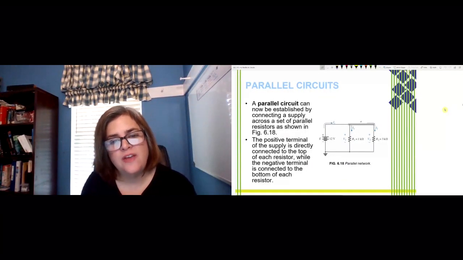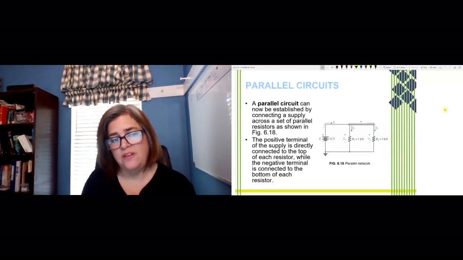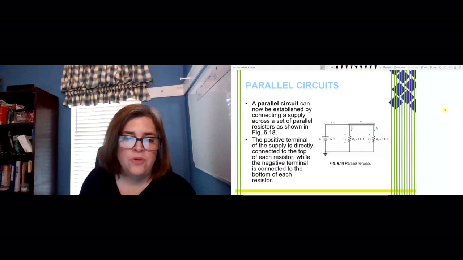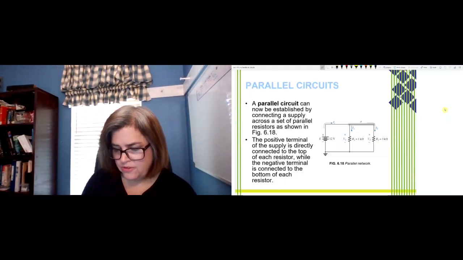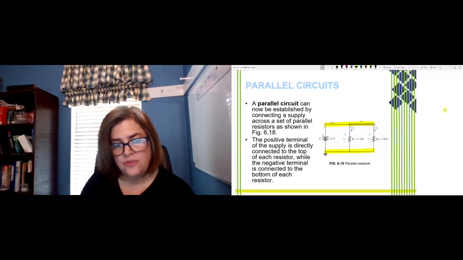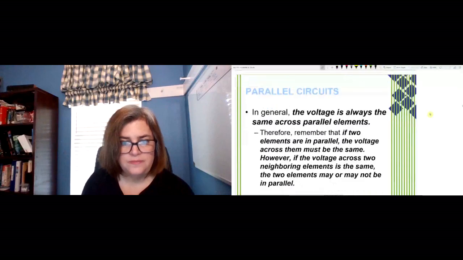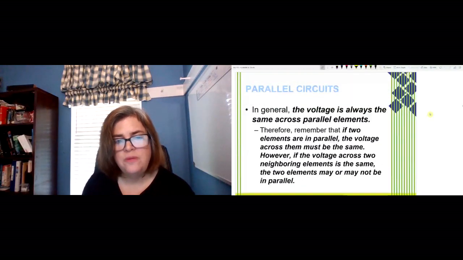Okay, so now let's actually connect our parallel resistors up to a voltage source in parallel and see what happens there. So we're going to connect our voltage source in parallel with the resistors so that the positive terminal is connected to each of the resistors, as is the negative terminal, or the ground terminal, if you want to call it that. Okay, so the positive terminal is directly connected to the top of each resistor, and the negative is connected to the bottom. All right, so that means that the voltage is going to be the same across parallel